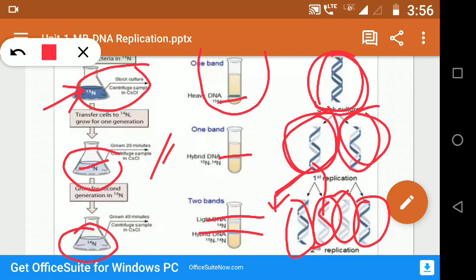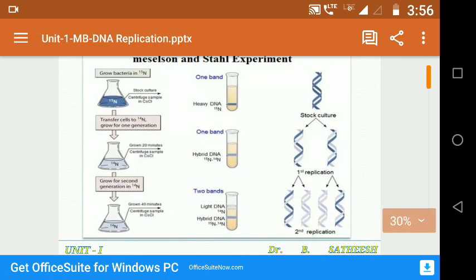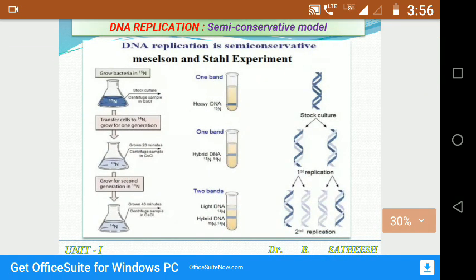That is why we are getting such a pattern during this experiment. Using this experiment, they concluded that the DNA replication process is semi-conservative, that DNA polymerase is separating the two DNA strands, the old strands, and a new strand is being synthesized on each old strand